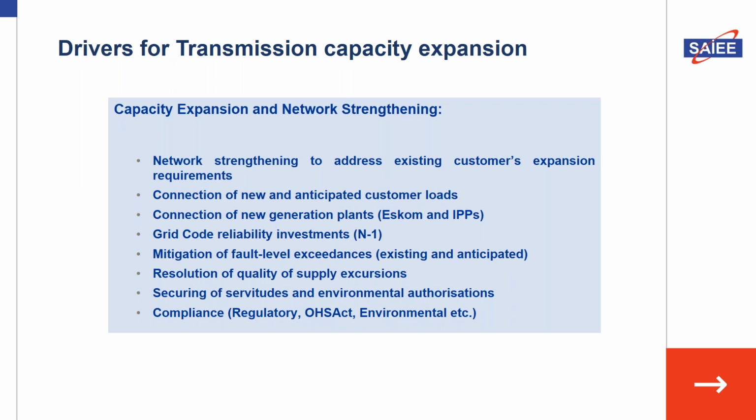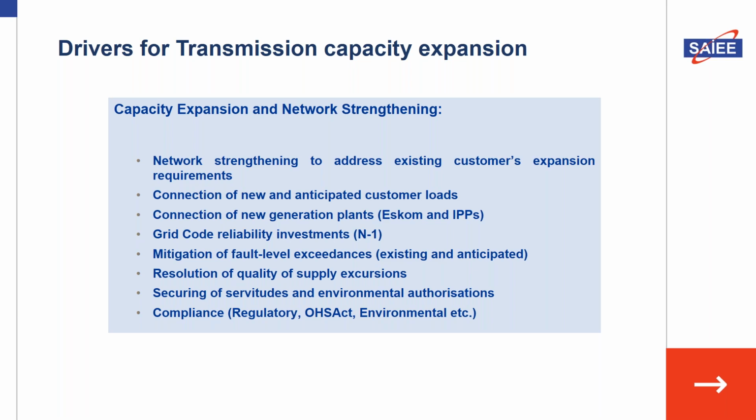Now, from the processes, we move to what drives the transmission capacity expansion. The main drivers in this area relate to network strengthening to address existing customer expansion requirements, also to connect new customers based on the anticipated demand growth, the connection of new generation plants, that's both the Eskom fleet as well as the independent power producers, looking at the grid code reliability investments,